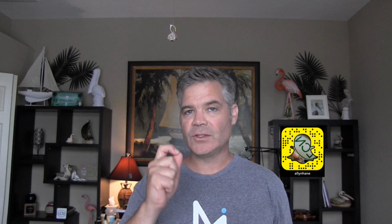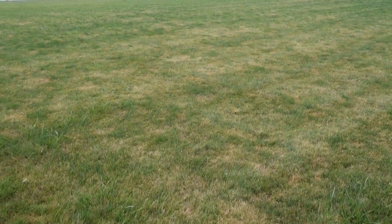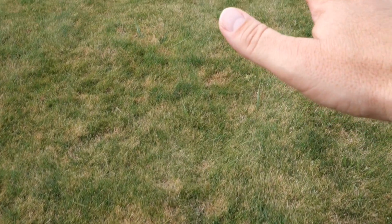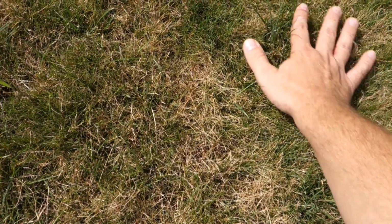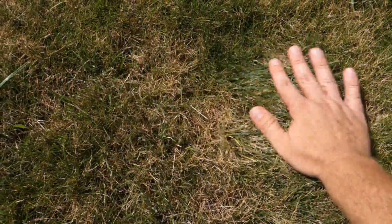But the real big reason that I wanted to get the tips out right in the front here is something I noticed that you guys are probably noticing too, and that is disease problems this summer in cool season lawns are really bad. What you're seeing here in this footage is mostly brown patch. I haven't seen brown patch this bad in Kentucky bluegrass and rye in quite a long time. Tall fescue, always a problem, but with bluegrass and rye, it's really bad this year. There's also some dollar spot in here, and then also what I'm calling this half in, half out drought stress